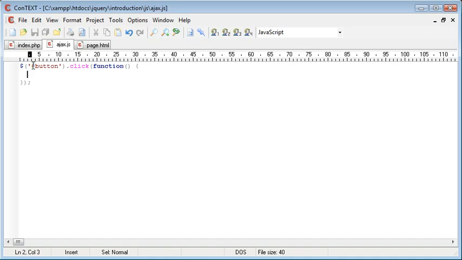I've already set up a selector for the button and a click event, and that will handle the clicking of the button. We'll now go ahead and create the AJAX request, but then just put the status code in there as well. So it's $.ajax, and then in rounded parentheses we create curly brackets. Now I'm going to specify a URL, and this is going to be